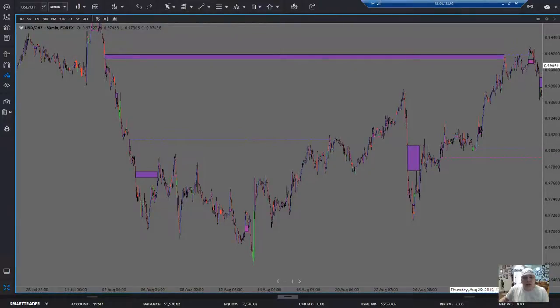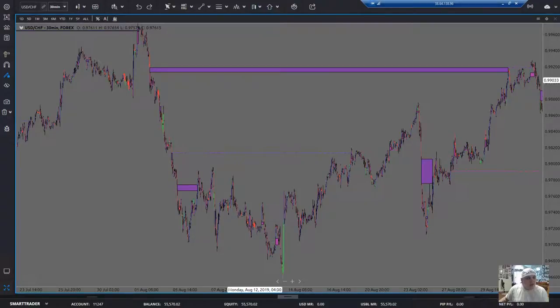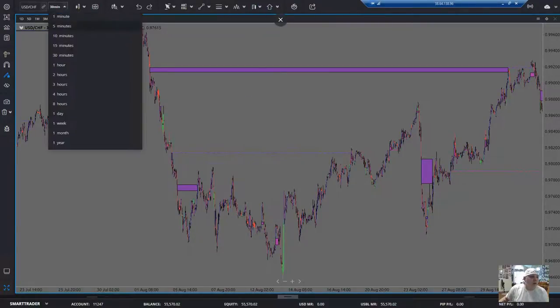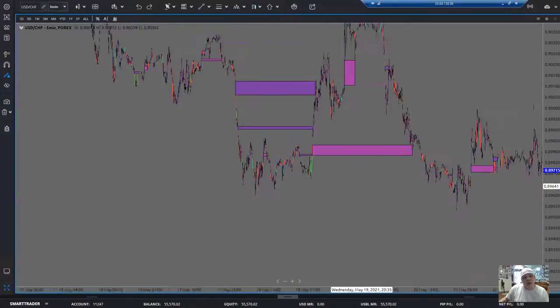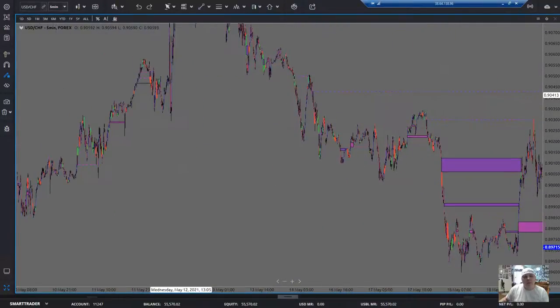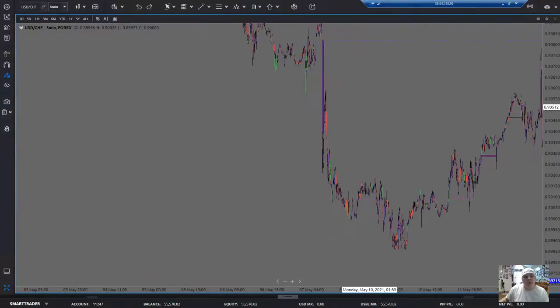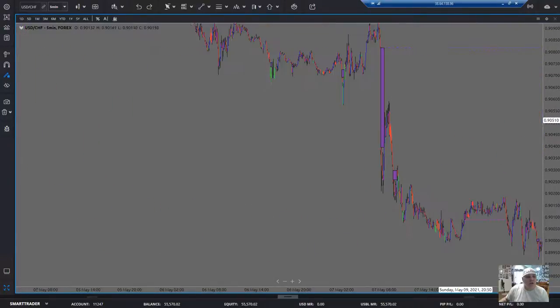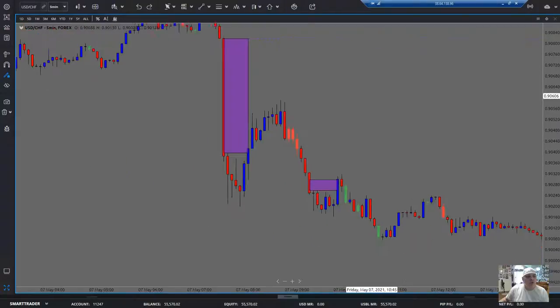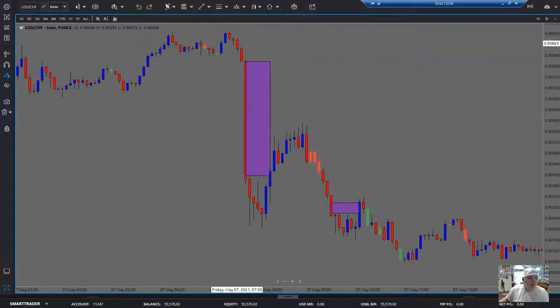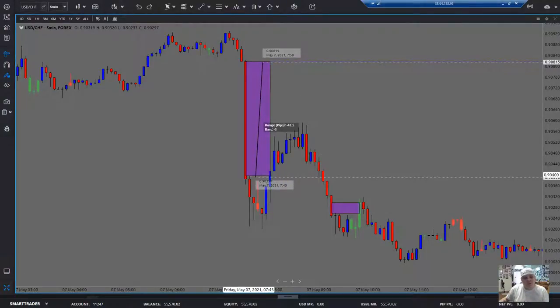And if you do it on a 5-minute, which we'll go to, I think it's going to be better to teach people. But on a pair like the USD Swiss, your pips ain't going to be a lot, but you're still going to be able to. And as you could see, this would have been a huge one on the USD Swiss. I mean, look at the size of that candle. You're looking at a 42 pip